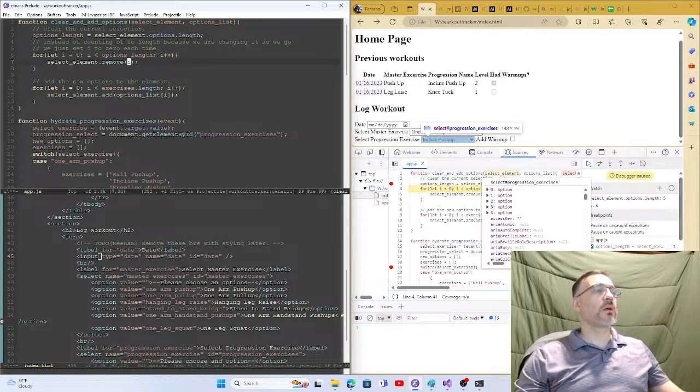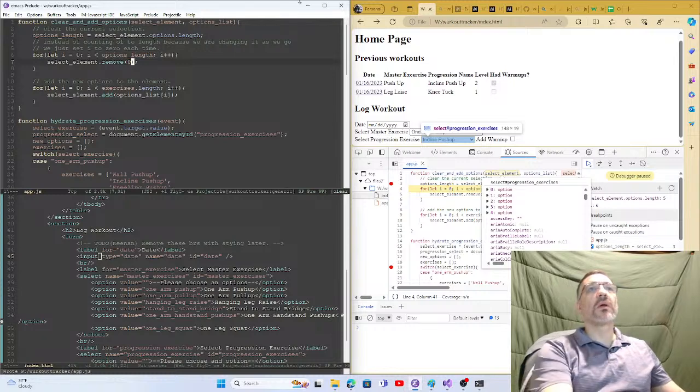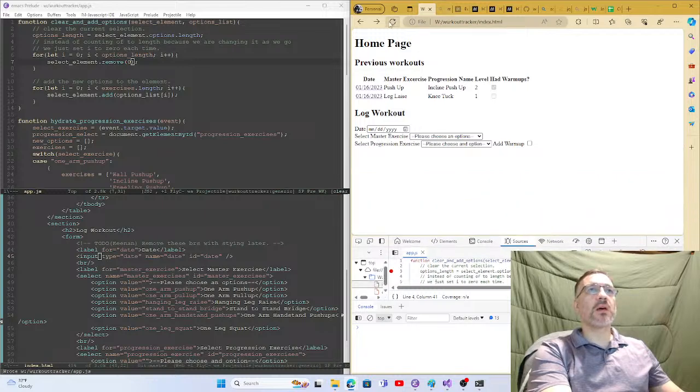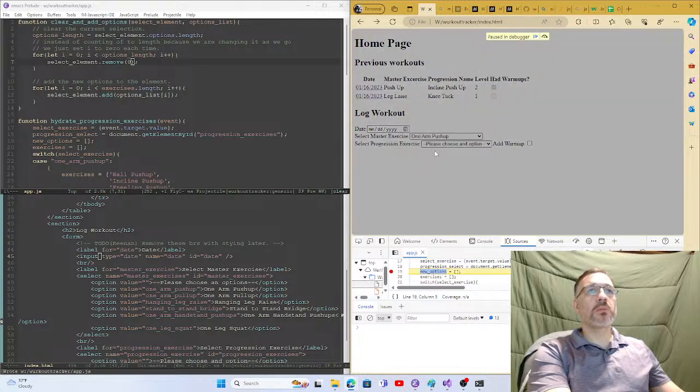And then if we do 0, I think that will work, because we're still going to run it as many times as we have, but we're just going to remove the first one each time. So one arm push up,